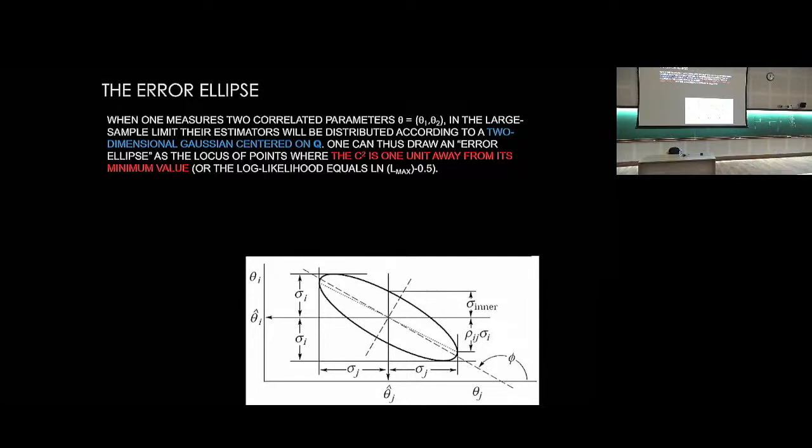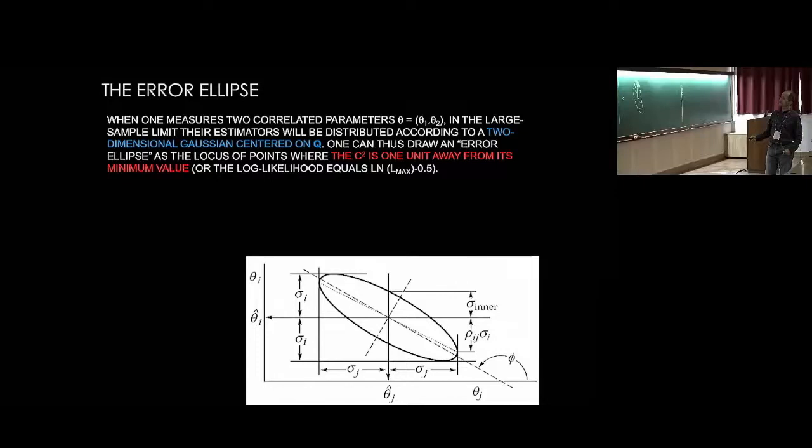And sorry, this is centered on theta 1, theta 2, not q, because the symbol got away. So you can draw an ellipse which captures a certain integral of this PDF. What I'm saying is that it captures 68.3% of the integral on the full plane of this 2-dimensional distribution,